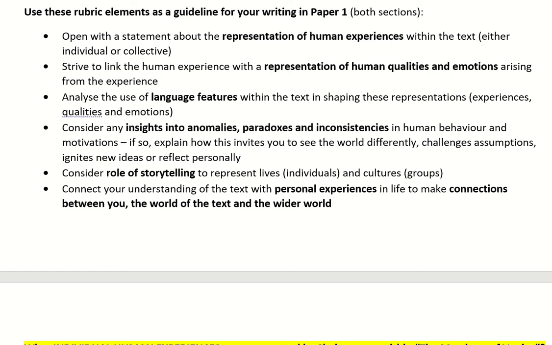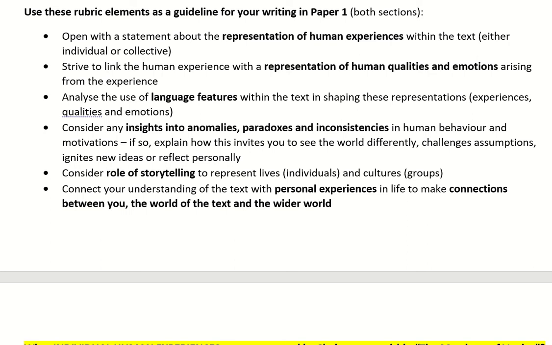I'm talking now whether that's section 1, your short answers, or section 2, your essay. So that's really an idea or an experience that's being represented through the text. What you then want to make sure you do is connect that experience to some aspect of an emotion or a quality that's being crafted through that experience within the text.